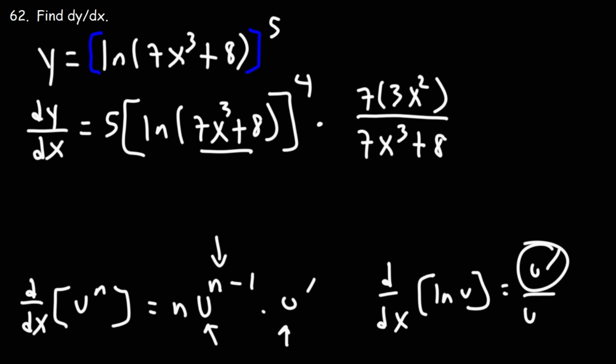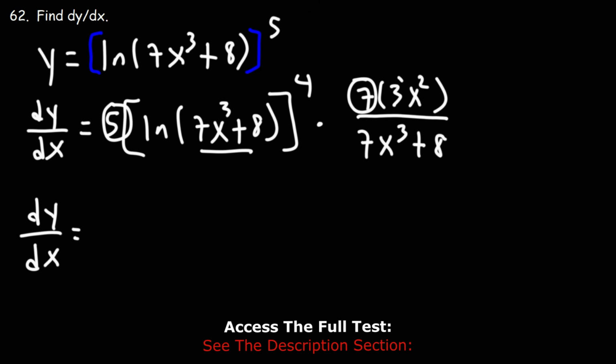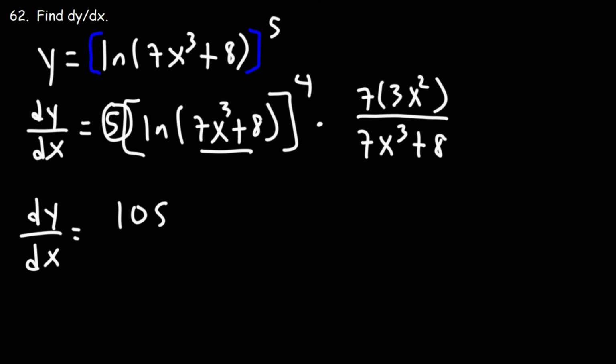Now the only thing we can really do to simplify this is we could multiply 5, 7, and 3 together and just put it in one fraction. So we can write the final answer as 7 times 3 is 21 times 5. That's going to be 105. And then we have x squared